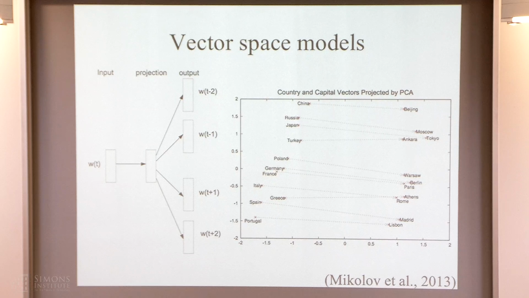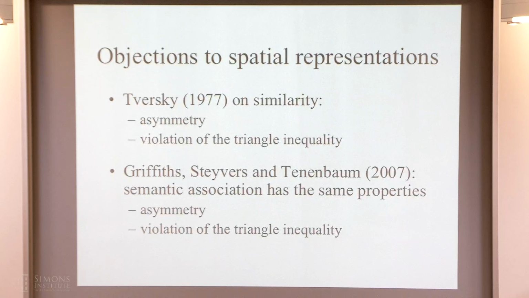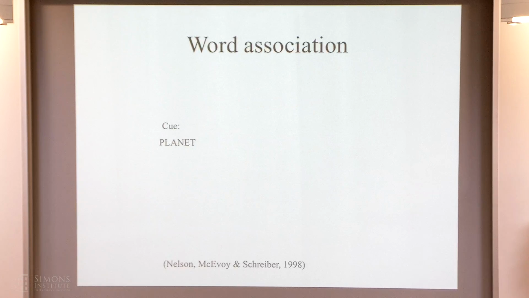So as soon as I start talking about the idea of a vector space model, now that you have all been educated as cognitive psychologists, the thing that might spring to mind is that we just talked about some arguments about why spatial representations might not be good for capturing the nature of similarity. Since I already took that semester of cognitive psychology, when I first heard about vector space models of language, that's what I thought about. And so Mark Steyvers, Josh Tenenbaum and I wrote a paper in 2007 where we showed that these properties that Tversky found for similarity judgments you can find for semantic association, which is basically a linguistic measure of similarity.